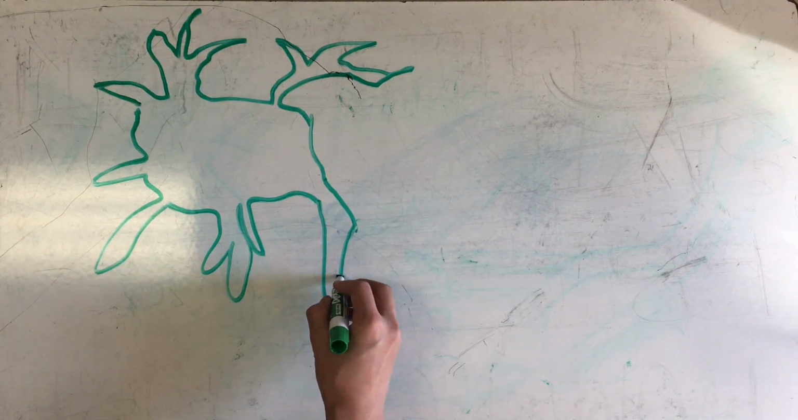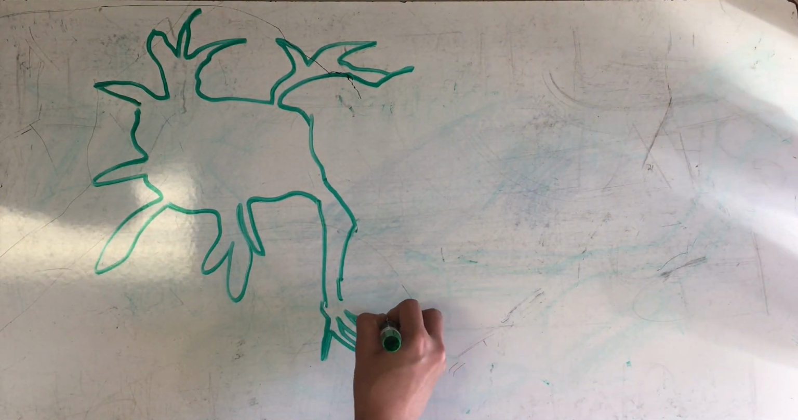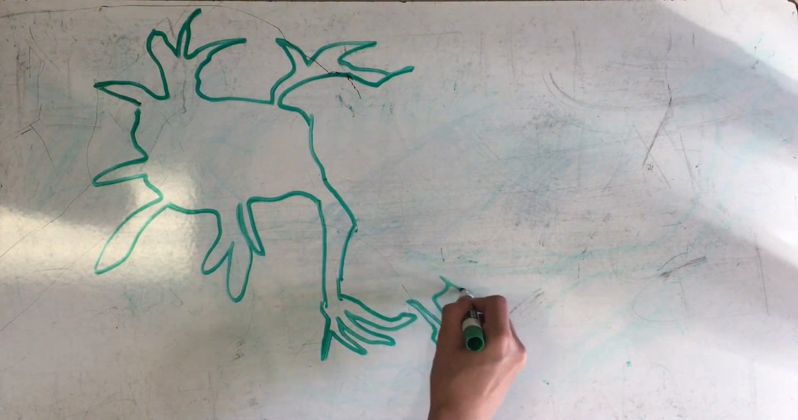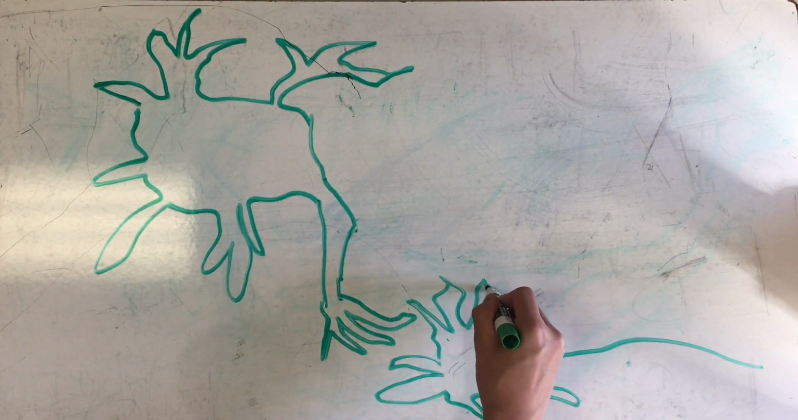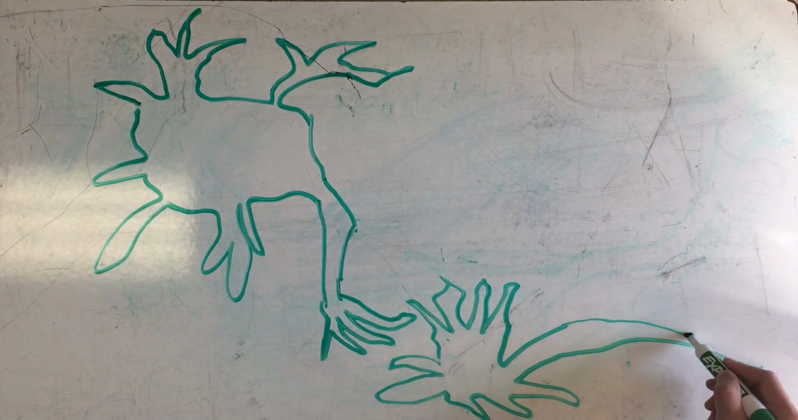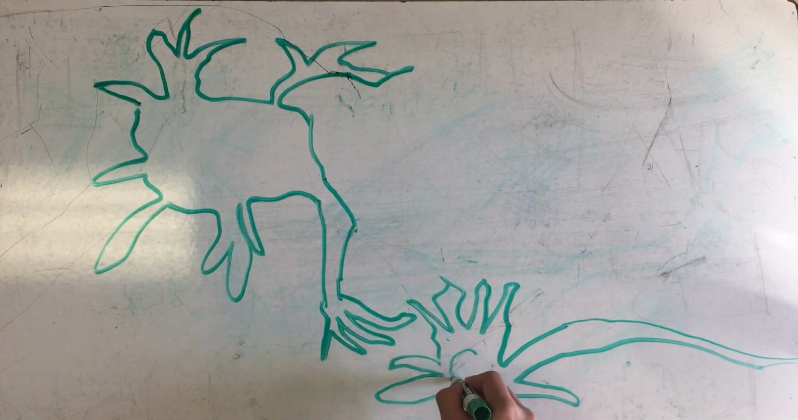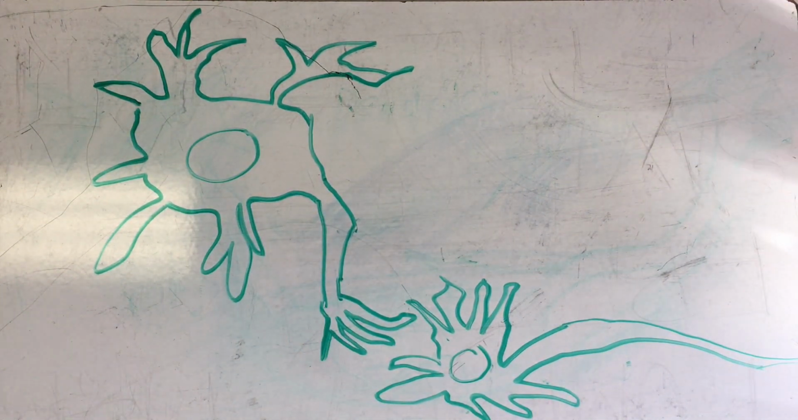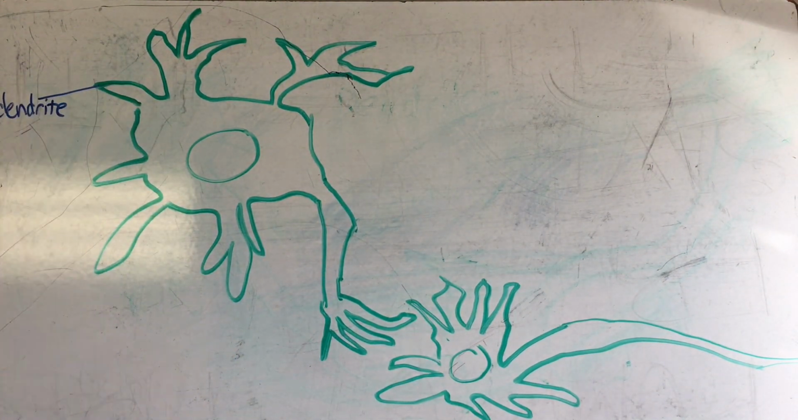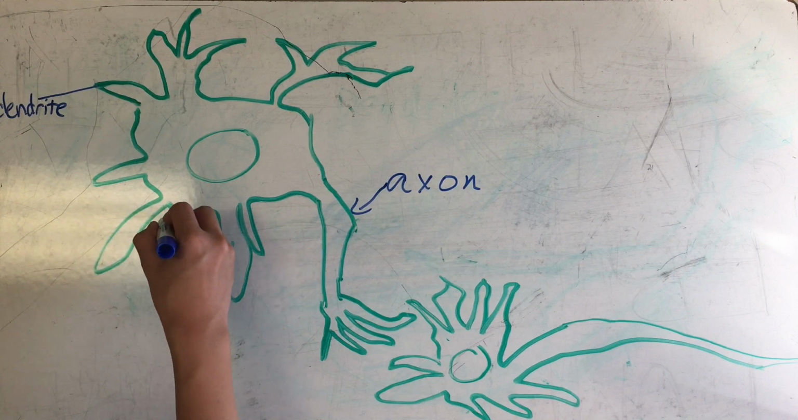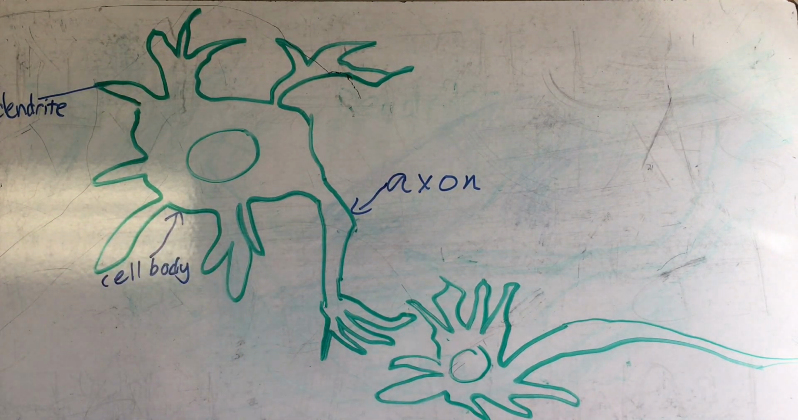So here we have a typical diagram of a neuron cell, and what we see is that we have a cell body, and connected to the cell body are dendrites. You can see that the cell body holds the nucleus of the cell, and additionally you have the axon, which is the long strand you see that's connected to the cell body, and the axon and dendrites meet at the